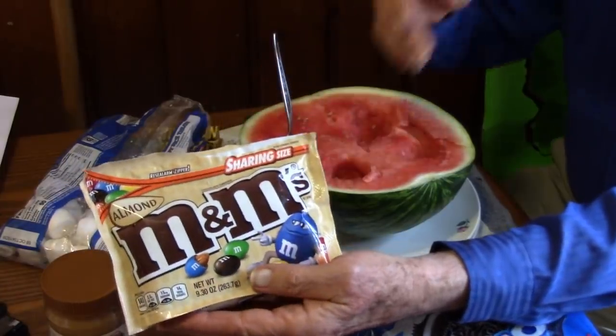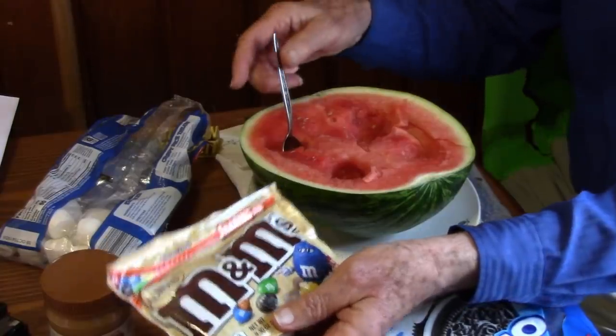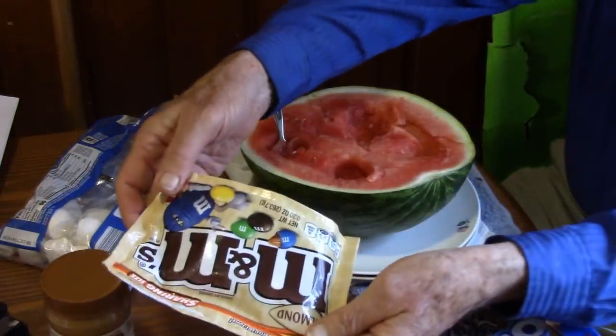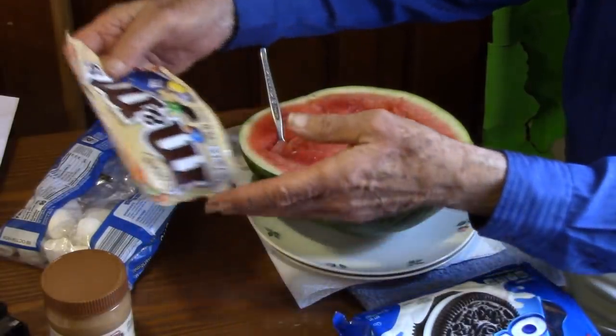And by the way, M&M's, I had some of my friends at Spice School, some of the detectives there, do a bit of investigating and found out that M&M's are not actually M&M's. They ran a spell check on them and found out that they're W's and W's for watermelon. So they do go good with watermelon. We'll use these here in a minute. And the other thing we'll use with watermelon, which is okay for anyone who has a peanut allergy, I believe,